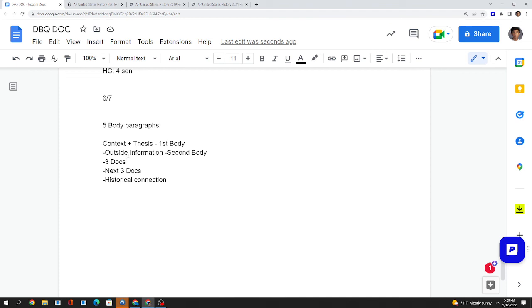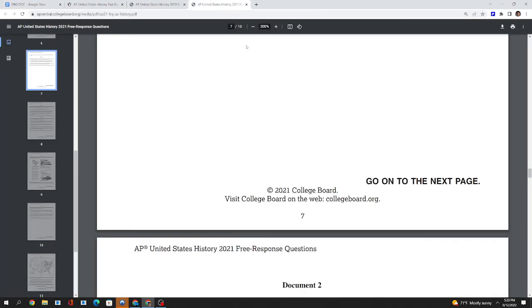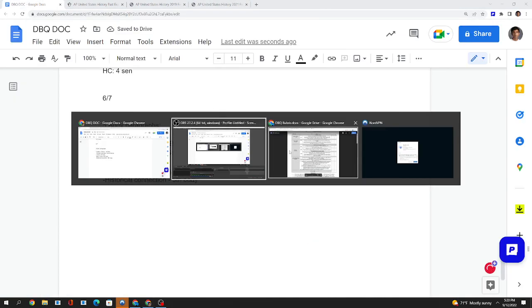The last part of your DBQ should be the historical connection. Then you have your next three docs, outside information, context. So we do third body. This is your fourth body. That is your fifth body. Fifth body. So if I were to pull up an example